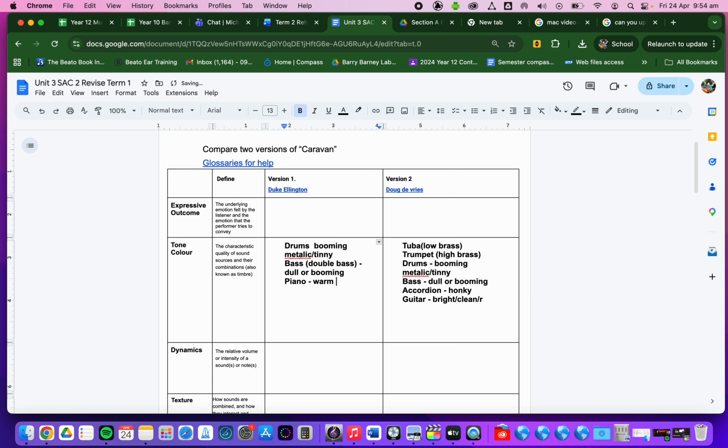So you need to have some words in your arsenal to describe the sound. So if we're writing sentences, as I said, I've got the sentence starters as well that I'd like you to be a bit more familiar with as well. That will help you construct an answer in a SAC or an exam, and I'll link that here as well.